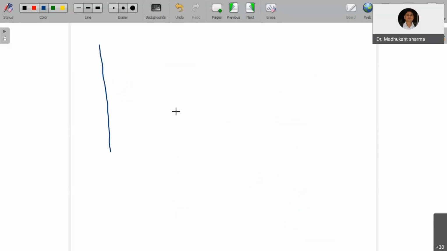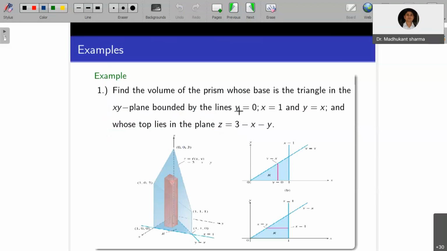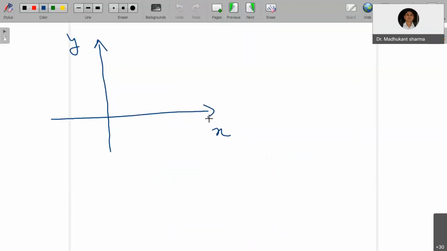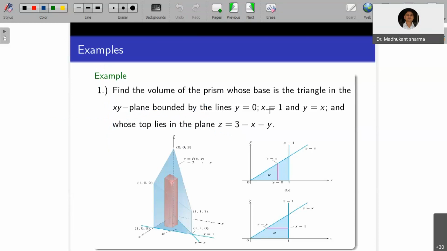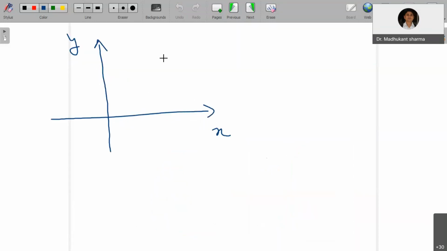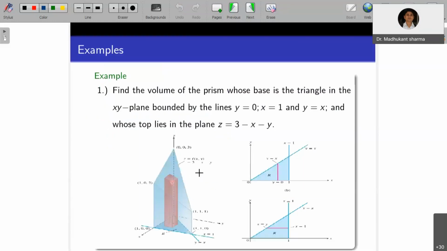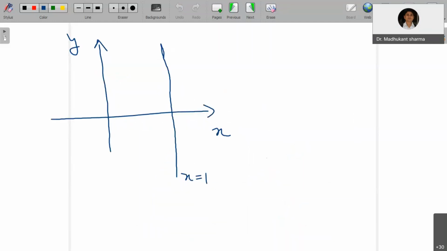So in the xy plane, the base is: the line y equals 0 is nothing but the x-axis, x equals 1 is this line, and y equals x is the line